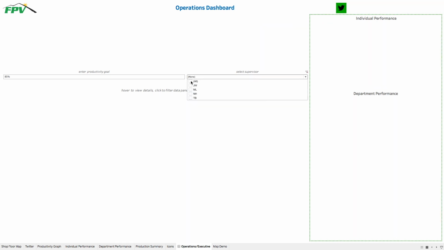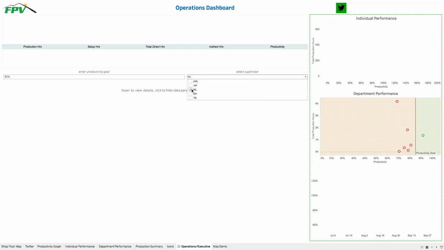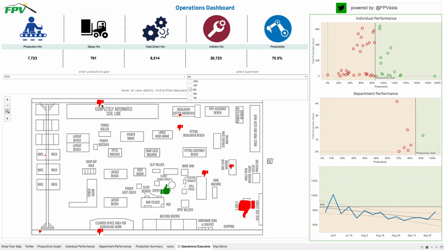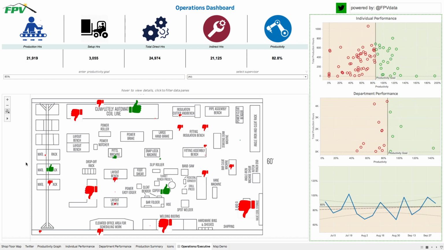We can select an individual supervisor, and it will only show the work centers that are related to that supervisor. Each supervisor can modify this dashboard to only see the stuff that's relevant to their individual work teams. Now that you understand how this interactive dashboard can help drive some improvements in this use case, let's take a